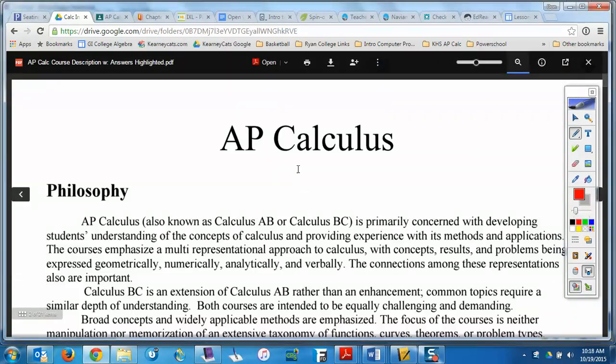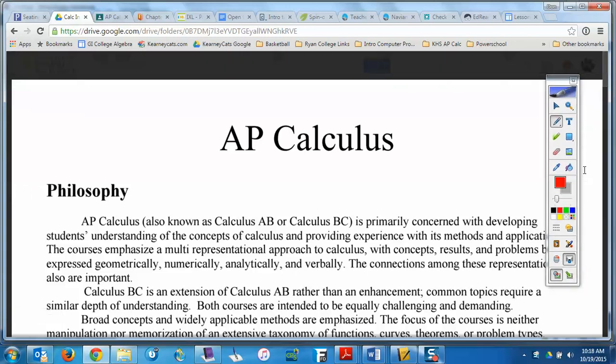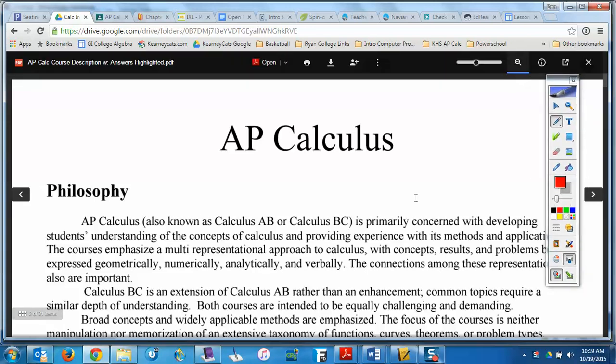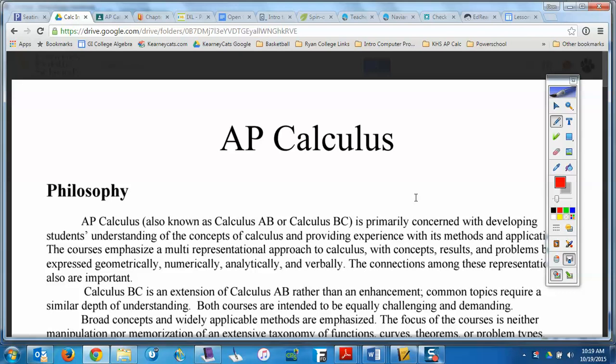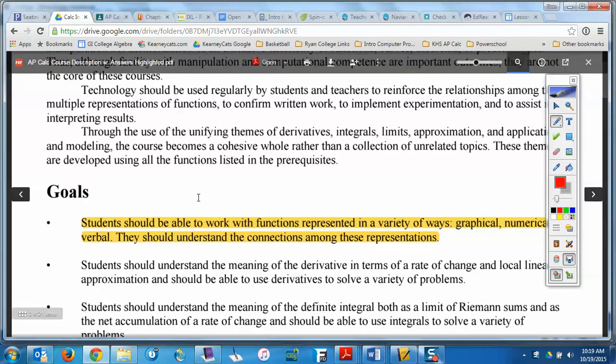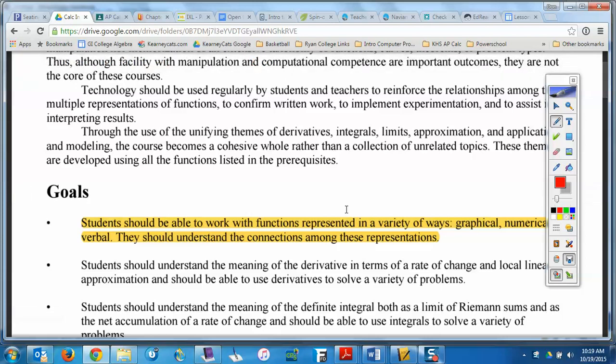The questions about the course description. So I wanted to go through this a little bit. One of the first questions was to have you write down 4 of the goals of AP Calculus. The reason I picked out those 4, it seemed like a little bit of busy work having to type that out, but I did want you to be reading that to yourself, because these are 4 that I think are especially important.